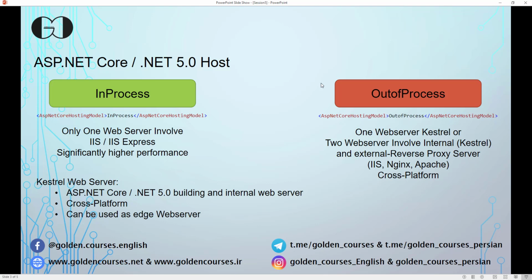But in actual deployment environment, we have IIS as a web server. If we set our project in process and we deploy our project in IIS, we benefit from higher speed performance. But in out of process, we have two scenarios that I'm talking about in this video. We can have one web server, which would be Kestrel, or we can have Kestrel as internal web server